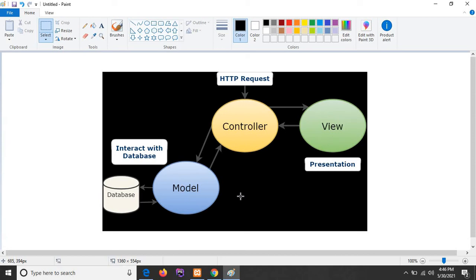So MVC provides different benefits, like hiding all the complex implementation details. Also it provides standard methods for building our application. It also increases performance, and also increases the productivity of the developer as well.